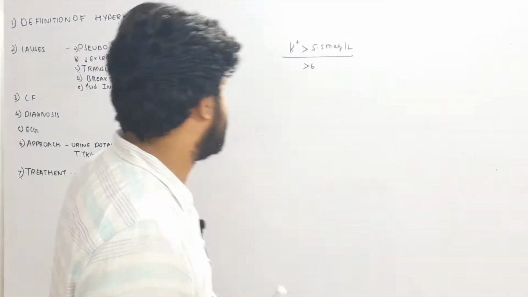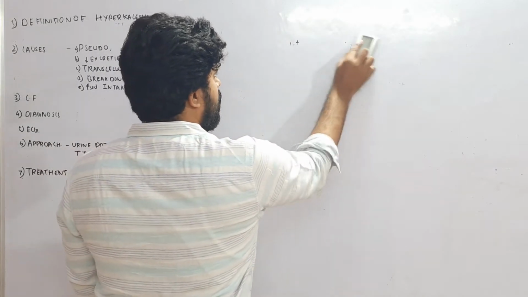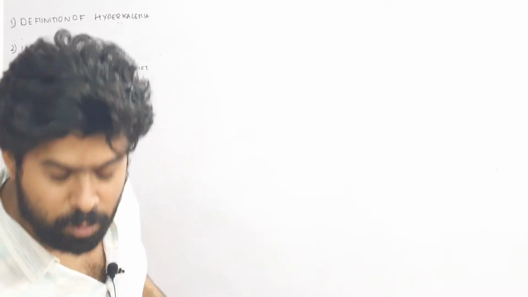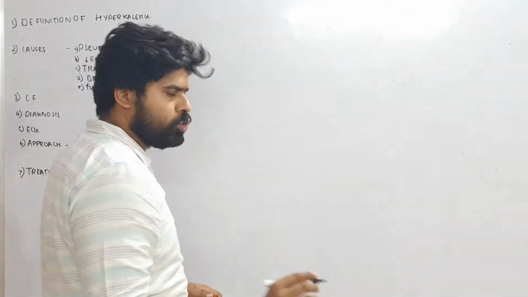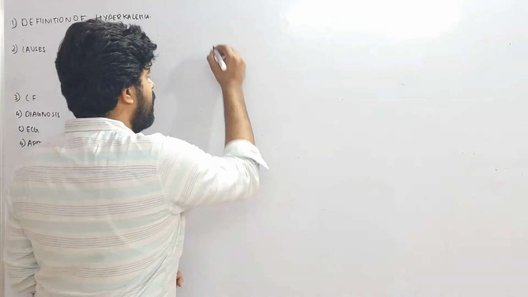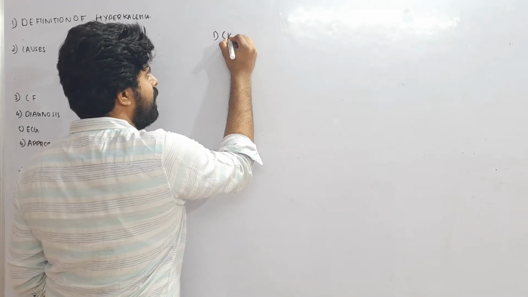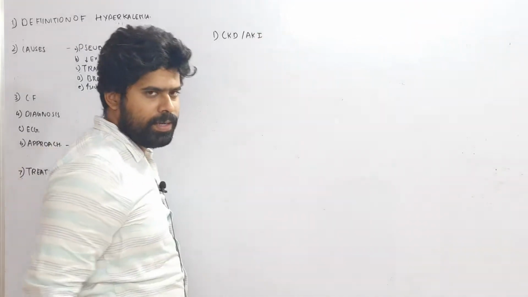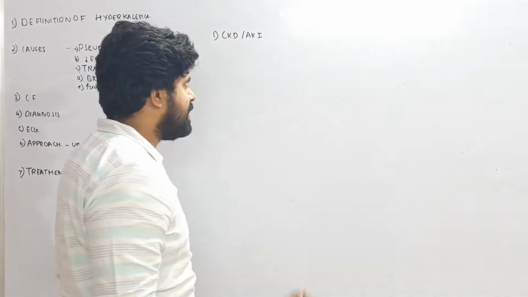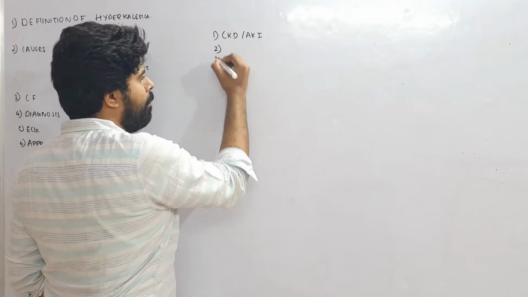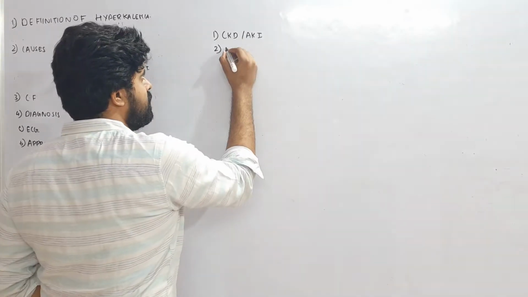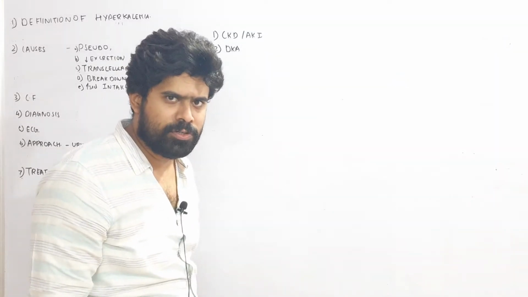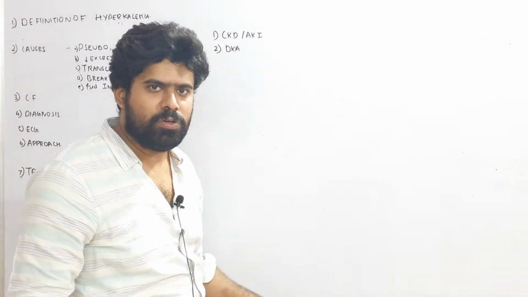We'll start with the causes of hyperkalemia. So what are the reasons why the blood potassium level rises to more than 5.5? The most common cause is renal failure. It can be chronic kidney disease or acute kidney injury. This is the most common reason for hyperkalemia. The second most common reason is metabolic acidosis. Any conditions with acidosis, like diabetic ketoacidosis, alcoholic ketoacidosis, starvation ketoacidosis, any condition having a metabolic acidosis,